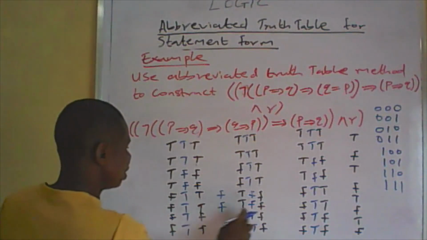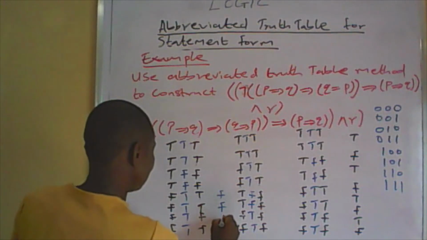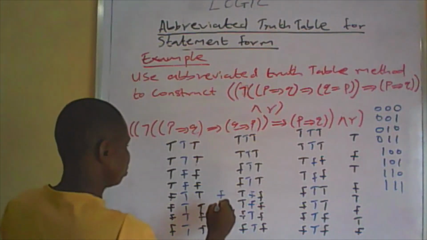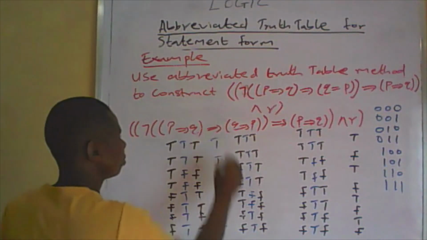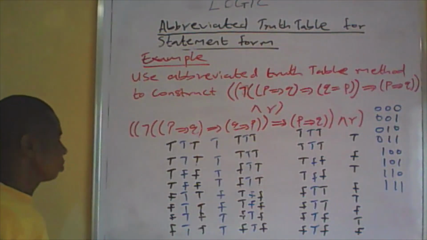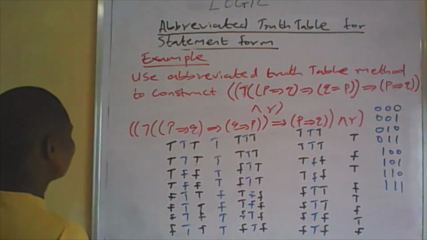Here is T, here is T. So the rest, they are T. Very good. Having validated this one, we know that this statement,